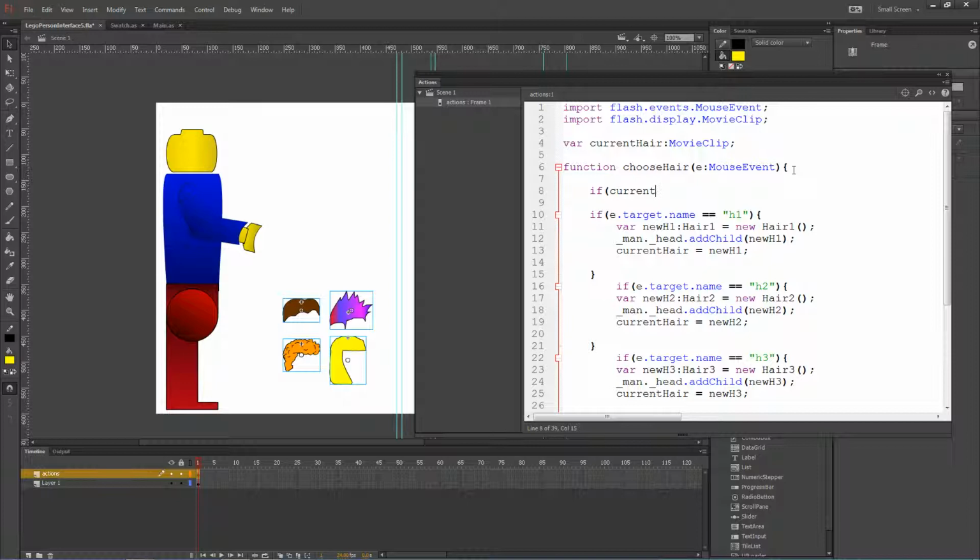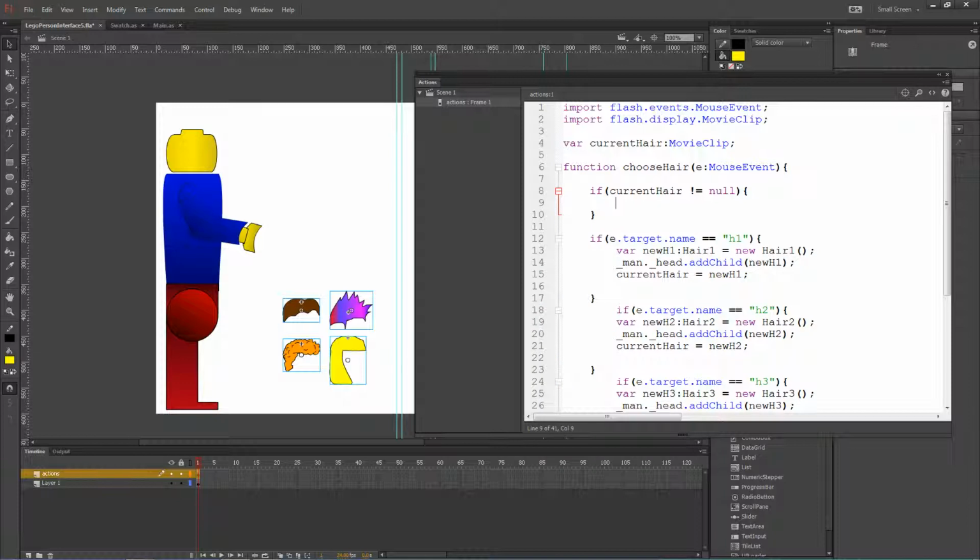And that script would be exclamation mark equals, which means does not equal null. And null is Flash's way of saying empty. So if current hair is not empty, then we will remove the movie clip that already exists. So to do that, we need to talk to underscore man, the main movie clip, and then underscore head, the movie clip inside it, and then we will remove